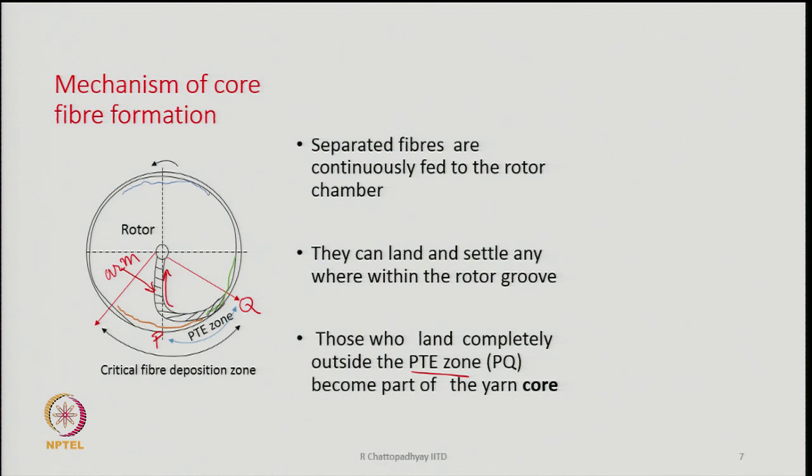So, when the fibers fall anywhere outside this PTE zone, like this blue fiber, or if another fiber could be somewhere here, another fiber could be here, all these fibers are outside the PTE zone. So, if they happen to land in an area beyond this PTE zone,